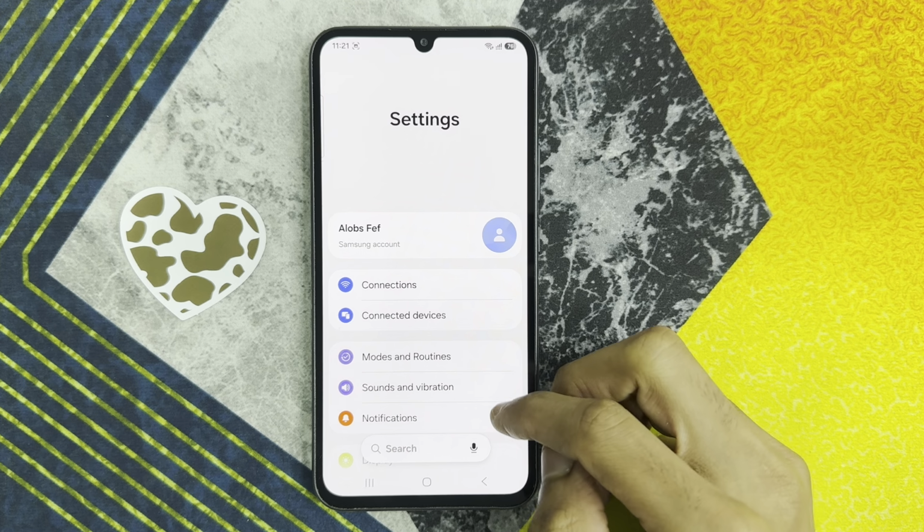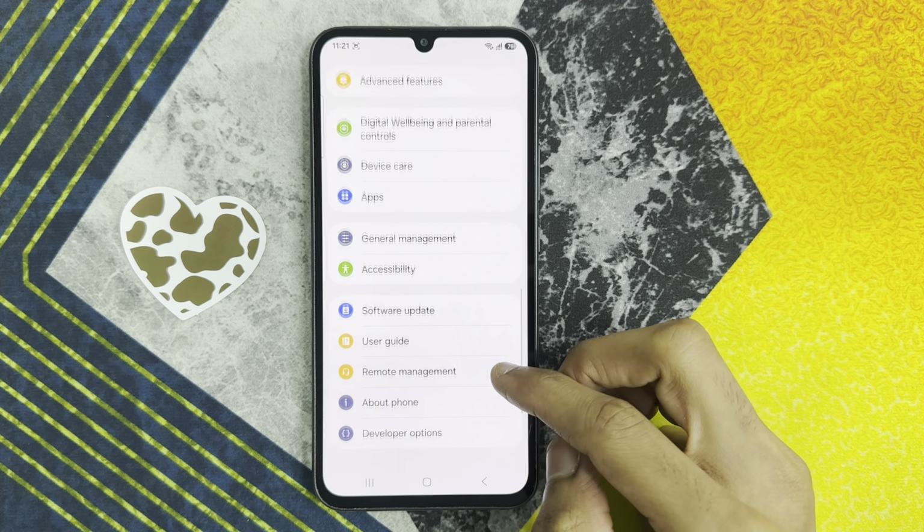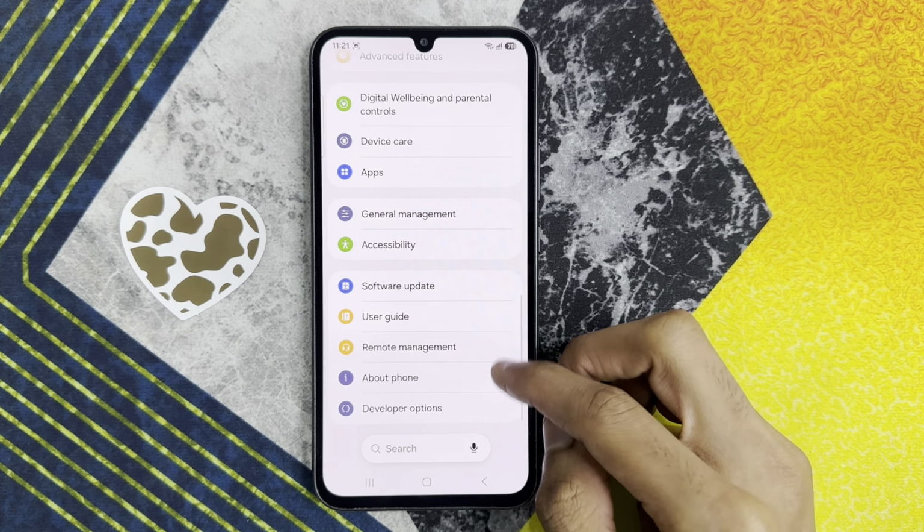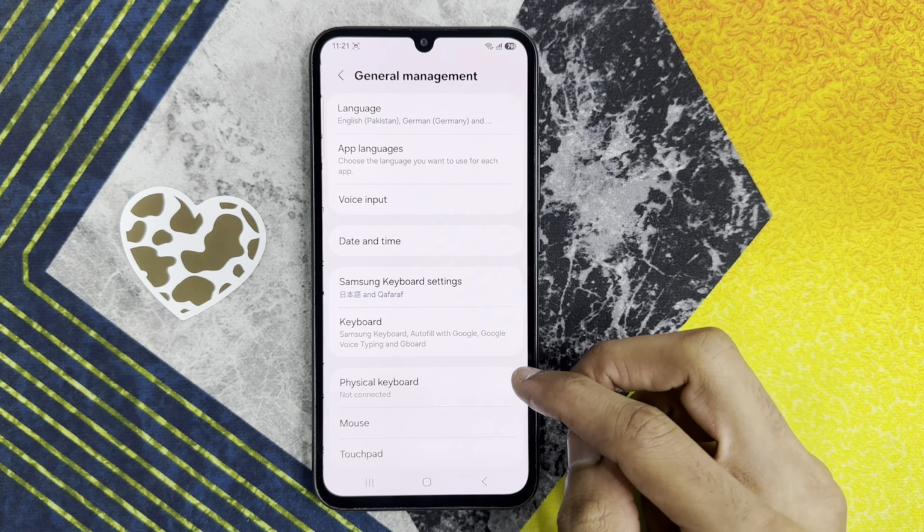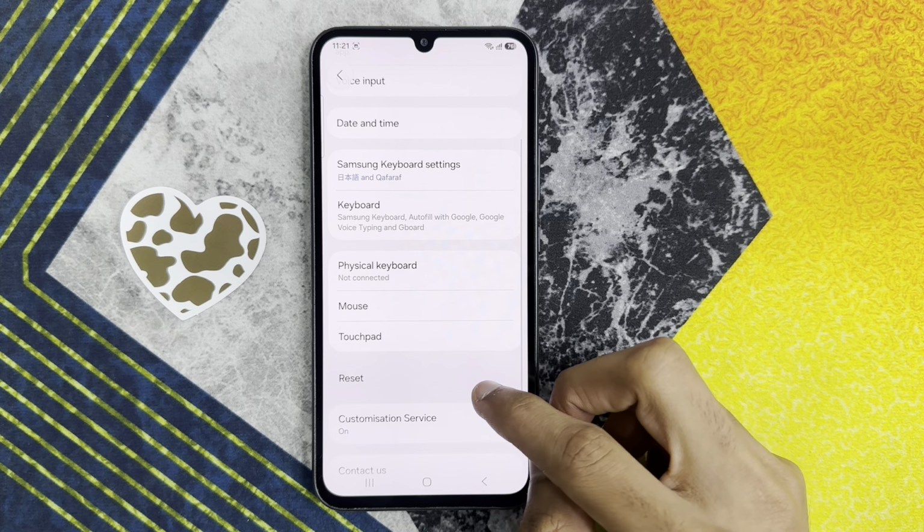Now in settings, scroll down and click on general management. Click on reset